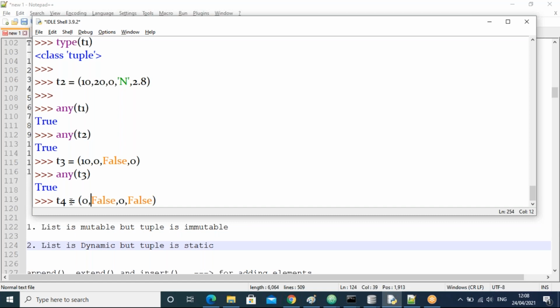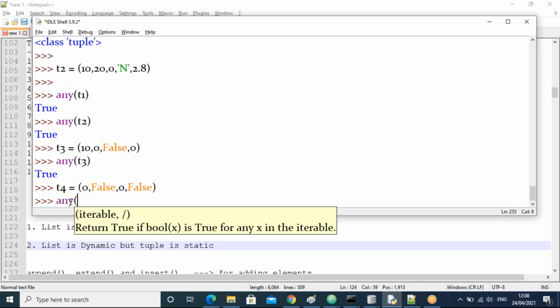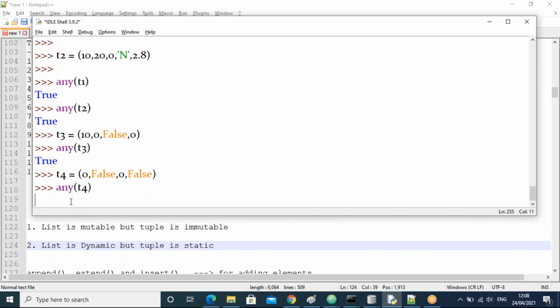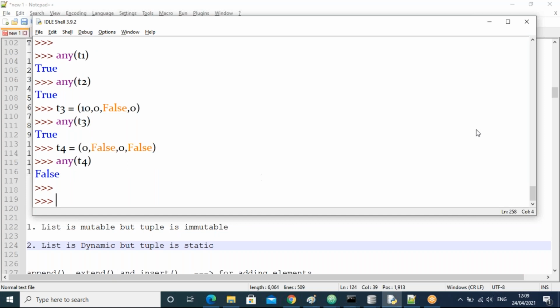In this case, is any true or false? Yes, now it's false. So the all function means all elements must be non-zero. The any function means at least one element must be non-zero. Then only true, otherwise false.